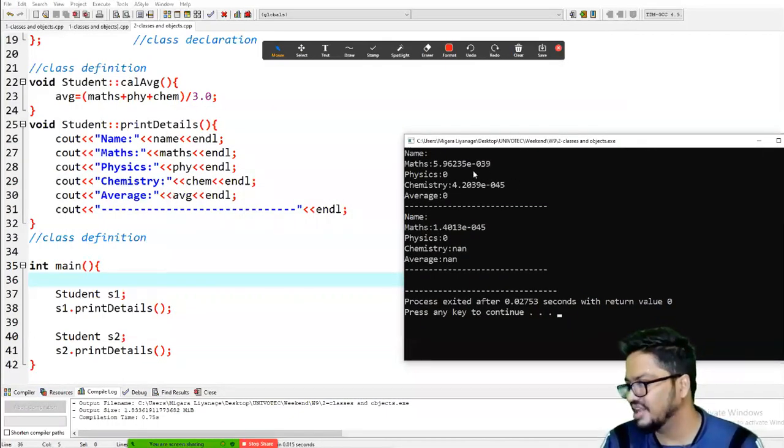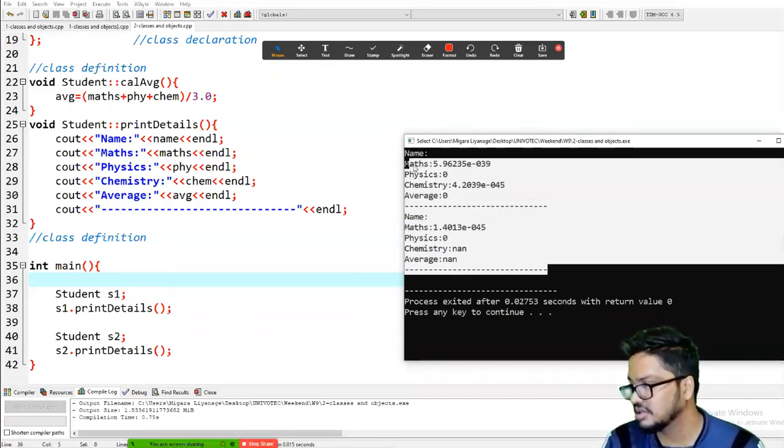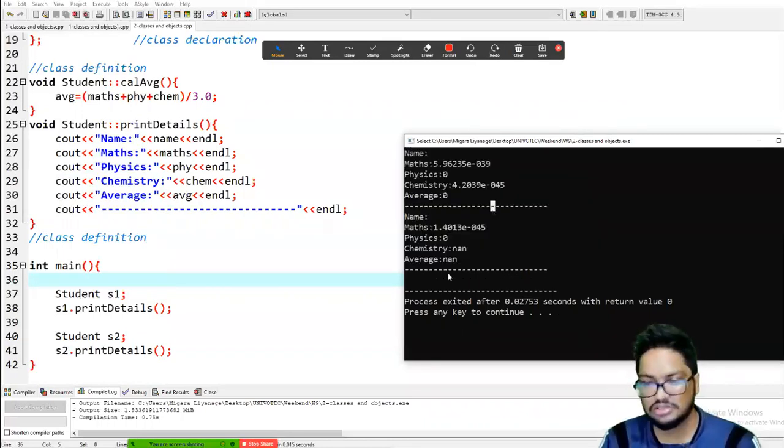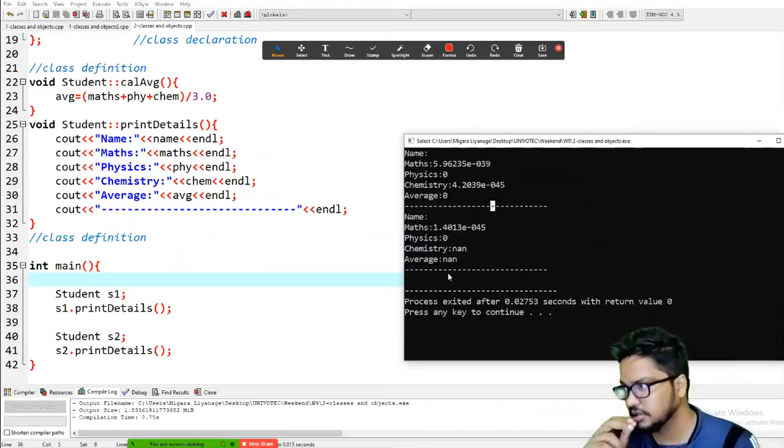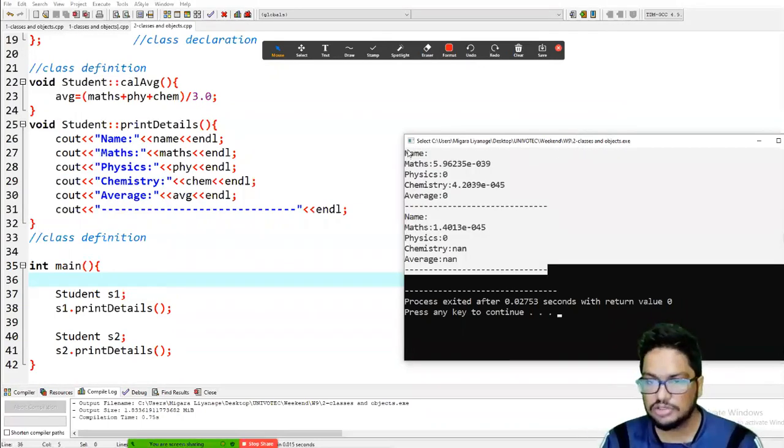Here, this is 5.9 into 10 to the power minus 39, this is minus 45. These are dummy values.